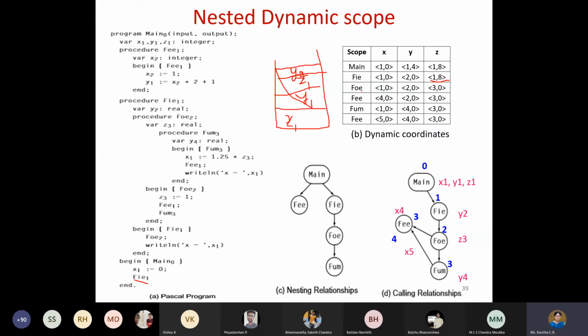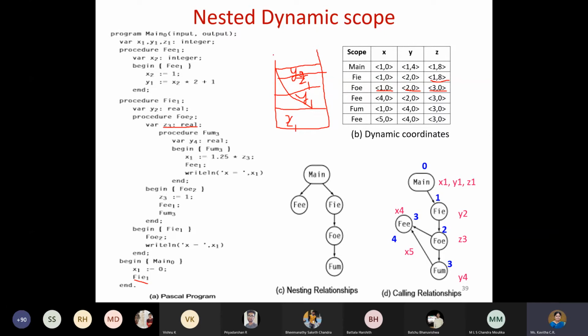Now coming to FOE, once you are through FOE, you see in the FOE what is declared? Z is declared, right? So this is declared. Now X will not change, it remains the same, and Y also will not change because we have not redeclared it, and Z will change because it has been declared. So this is what we get. So here also we will update. Inside phi, X1 and Z1 are reused, and inside FOE only Z3 is used, and remember that we are not using 1, 4 for Y.